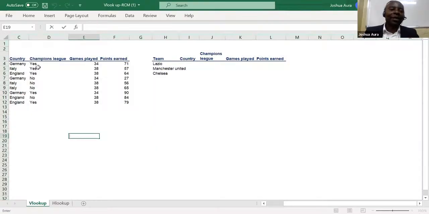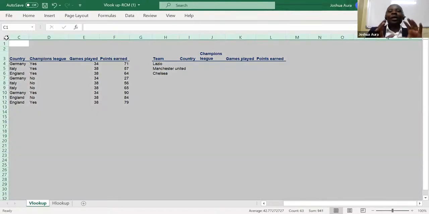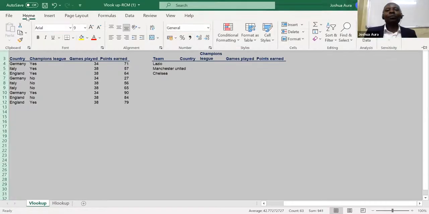I can come up here, between 1 and C, there is a funny arrow. Then I'll be able to place my cursor there. When I place my cursor there and click on it, I've been able to highlight the entire worksheet. So once I've highlighted the entire worksheet like that, I'll be able to go to home,